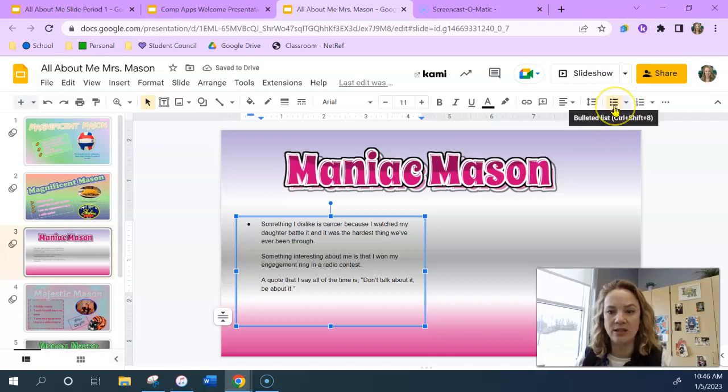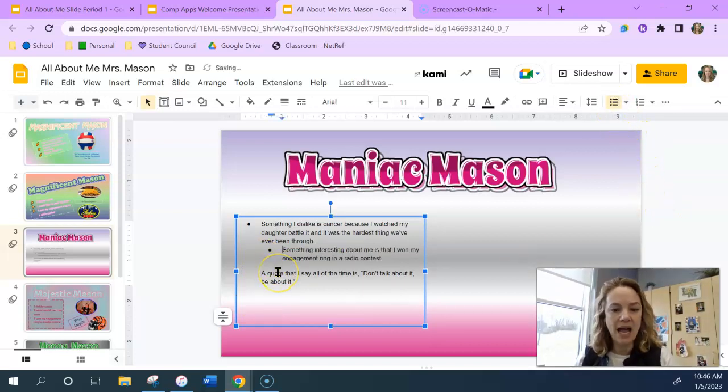If you don't see this option available for some reason, it more than likely can be found right here where these 3 dots are and it says more. So you might need to click that and it should be there if it's not already on your toolbar. So once you do the first one, you'll need to go down and do the same exact thing for the next 2. Click in front of the second place where you want your bullet point, come back up, hit that,